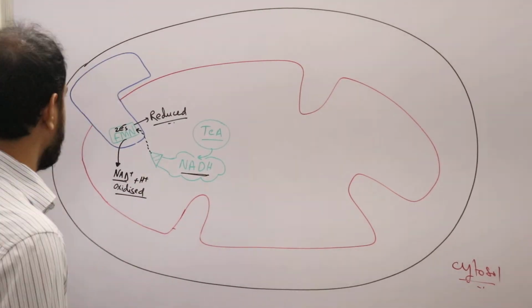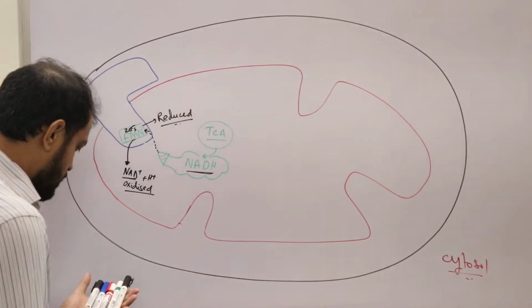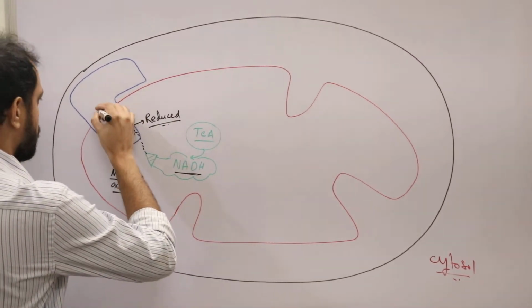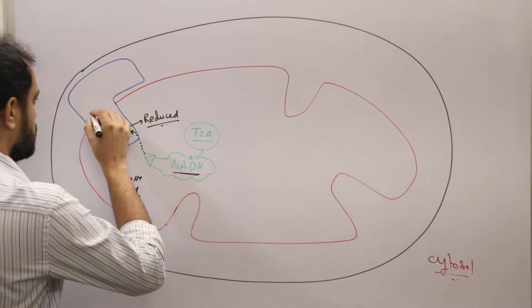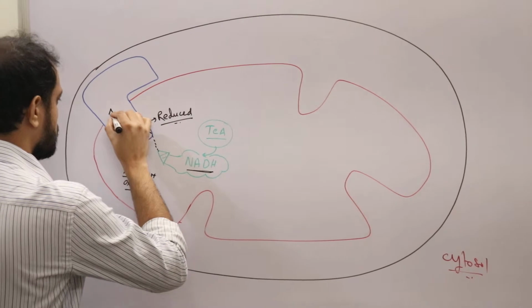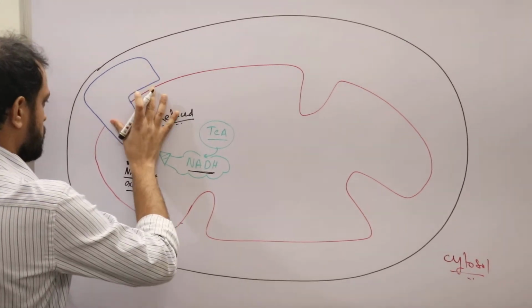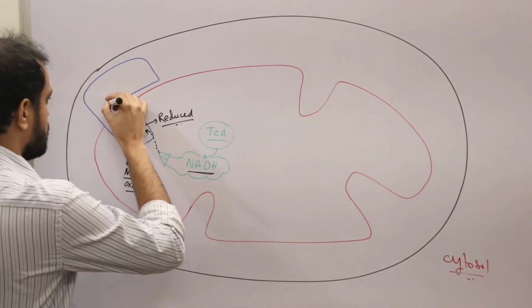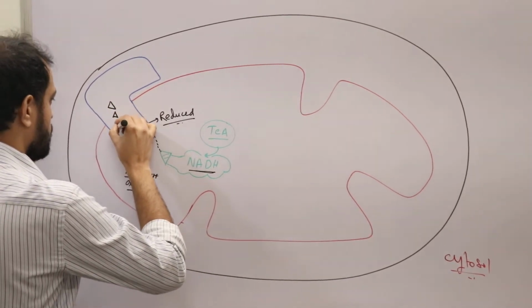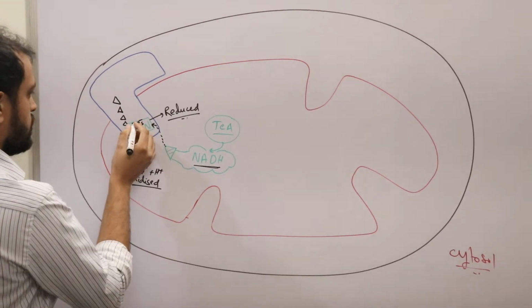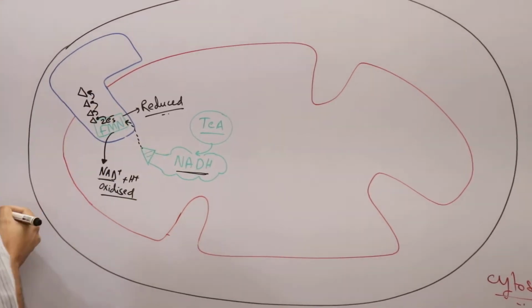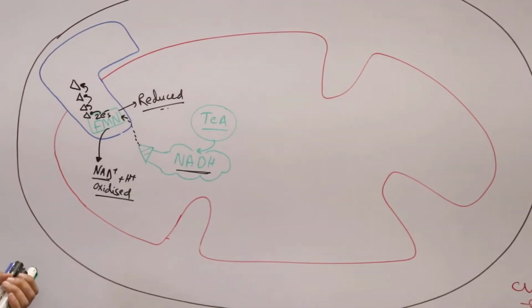Now listen, from FMN, these electrons are passed through